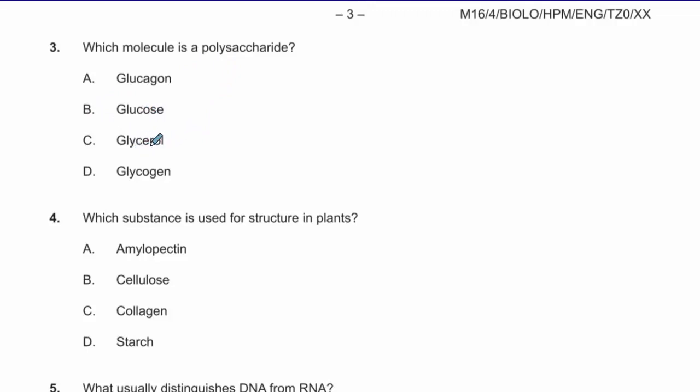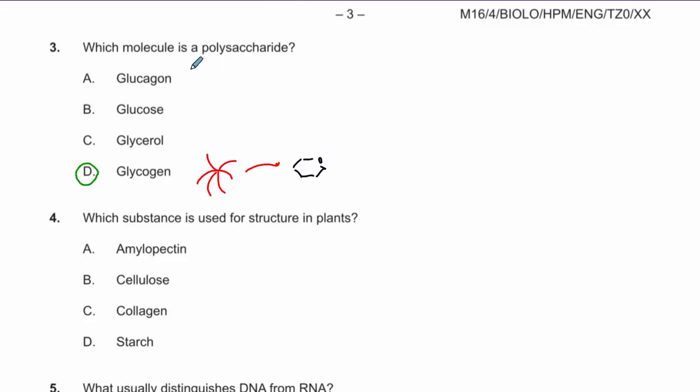Glycerol is a component in fat, so no. And glycogen is, of course, a polysaccharide, because it looks about something like this, and it's found in the liver, and it's kind of the animal version of starch, and we have it in the liver, and from this we can mobilize the monomers, which are of course